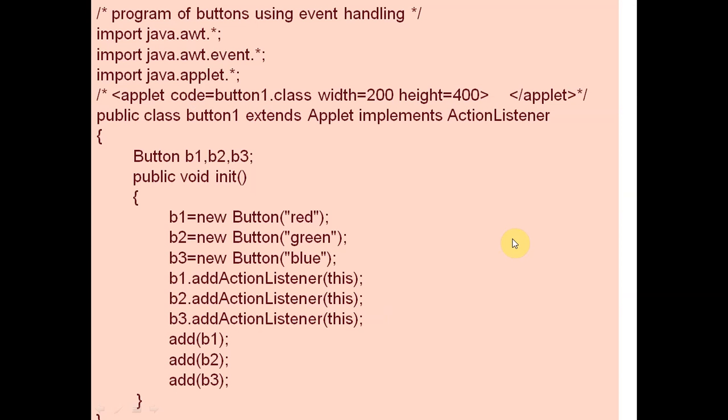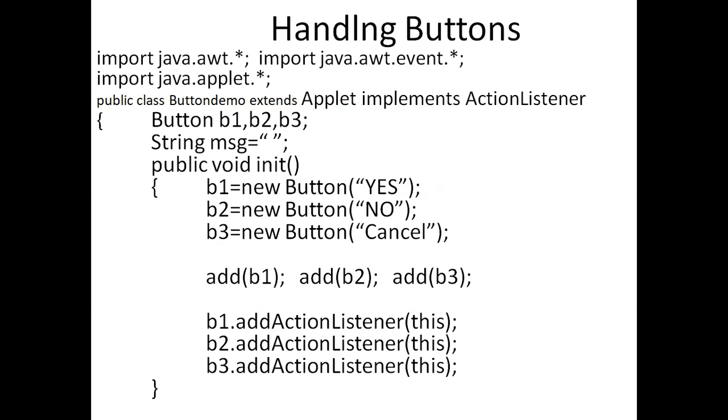So these are two different programs, and here we have added addActionListener. In the case of a mouse event we write addMouseListener or addMouseMotionListener. In the case of a checkbox we write addItemListener, and in the case of a key event, the text listener. So there are different types of listener, and we use the listener accordingly. But in this lecture I am explaining only the button event, only the action listener.